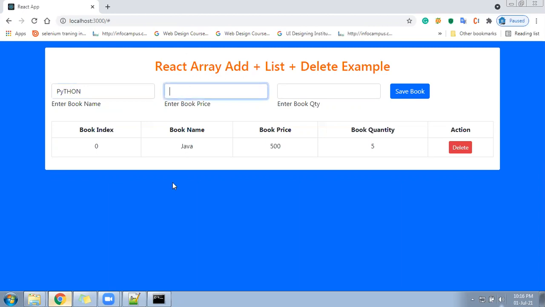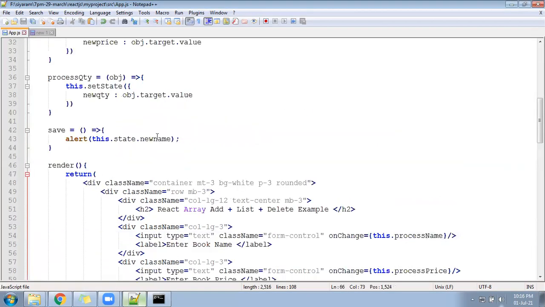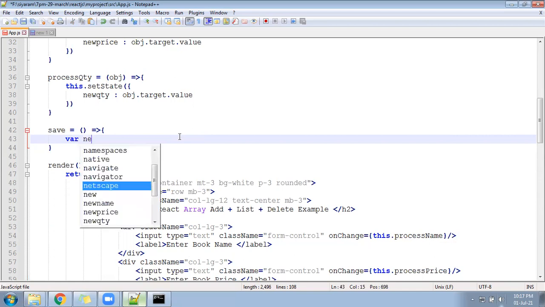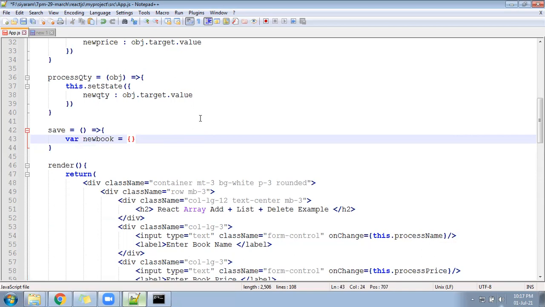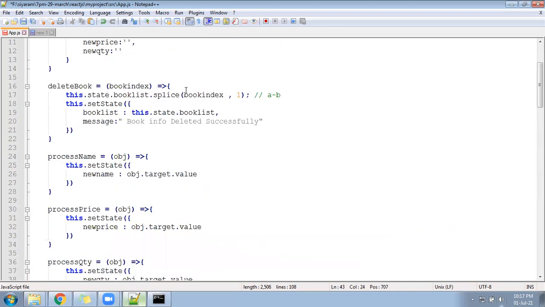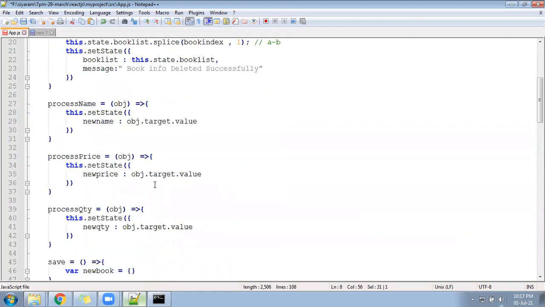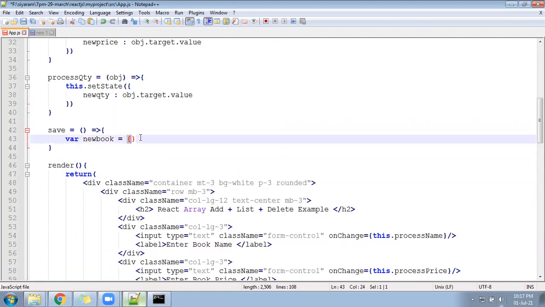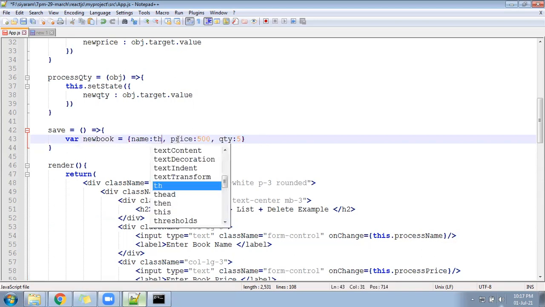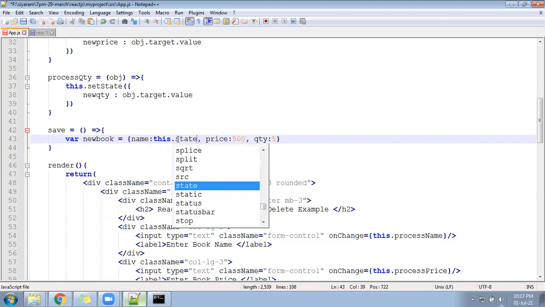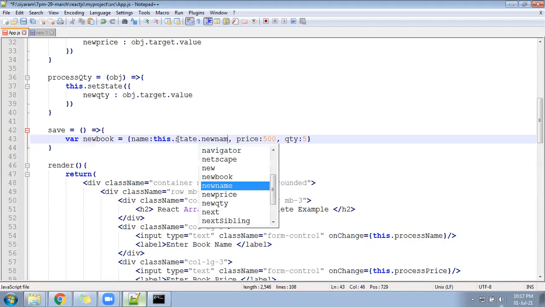Now let's do the process to add inside the list. First you have to create another variable, new book, equal to an array. Guys, you can see here my array is in this way. So I will take this one as an example and add here. Inside this it should not be Java, it should be this dot state dot new name.